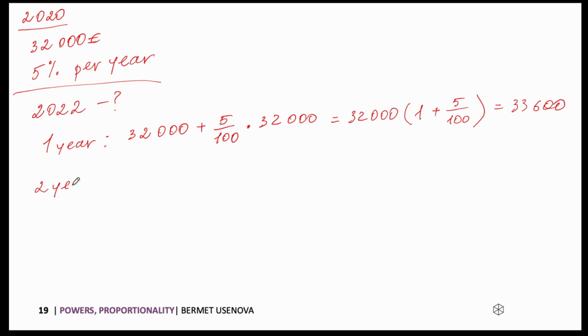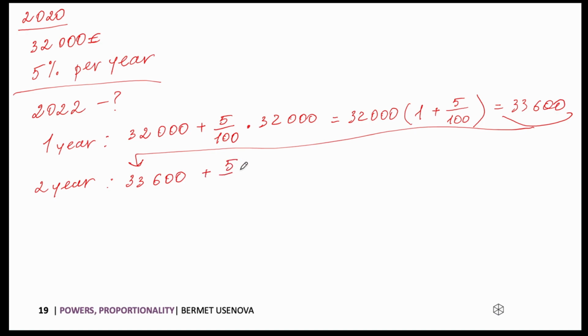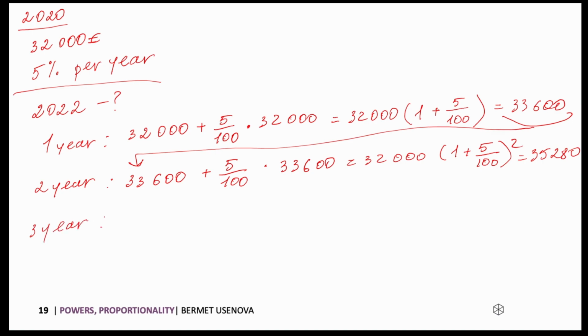By the second year, the amount from the end of the first year will go as the starting balance. So by the end of the year, the 5% will already be calculated on 33,600 euros, which we can also rewrite as the following. So in total, we get 35,280. So finally, by the end of the third year, which we're interested in,